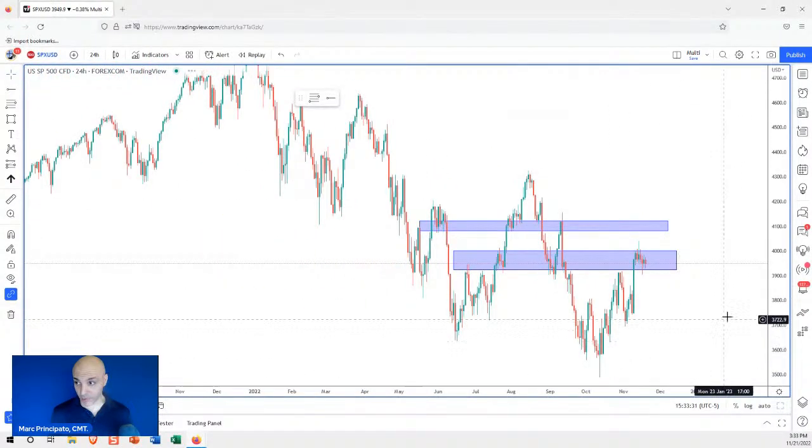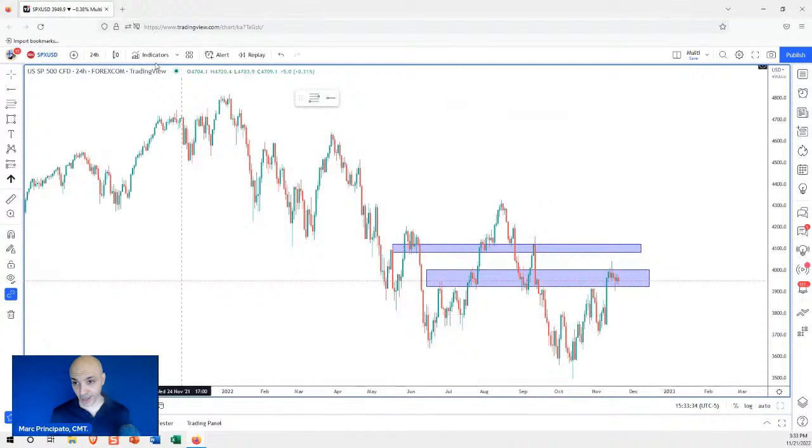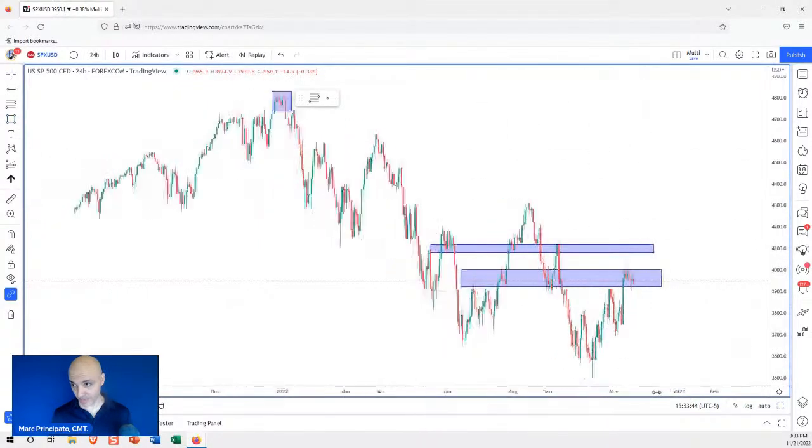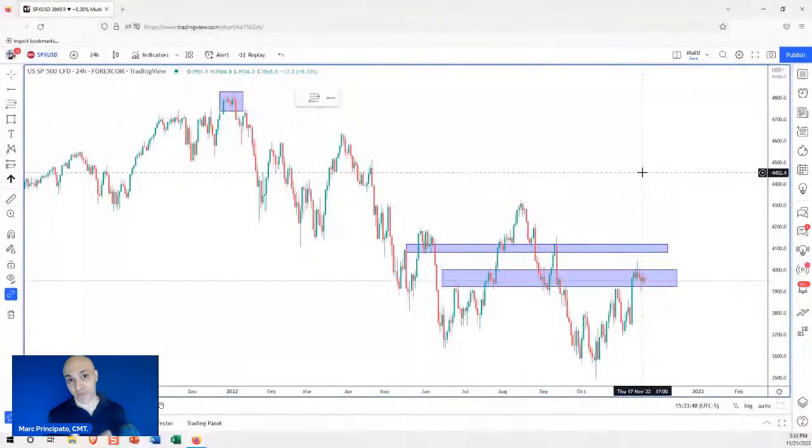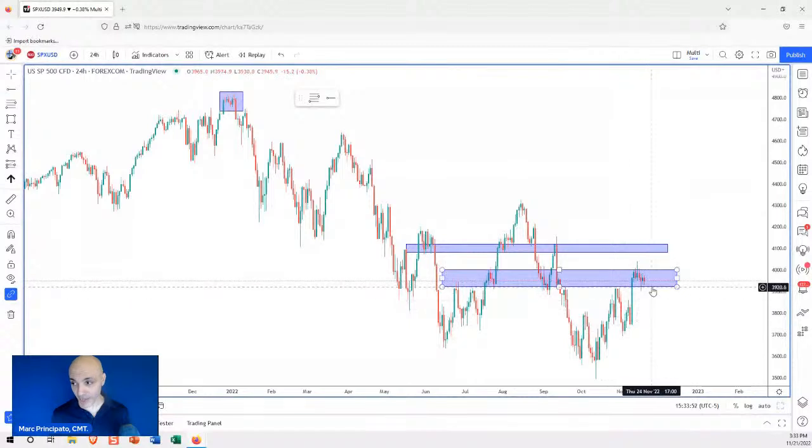Okay, cool. I mean, resistances can break, but here's the thing. Look at this high over here, right? That was the peak of the year, the beginning of the year, and look at this low. That is not a bullish structure, okay? That's generally bearish. Now, we also have the context of rising interest rates. This is likely not going to continue to compromise resistance levels.